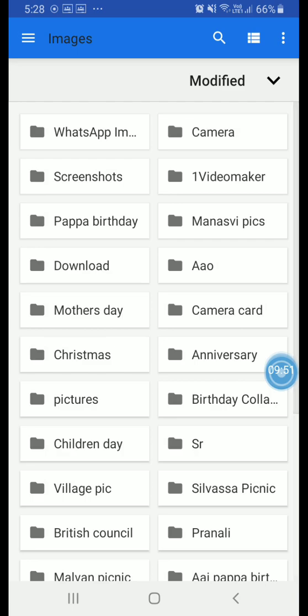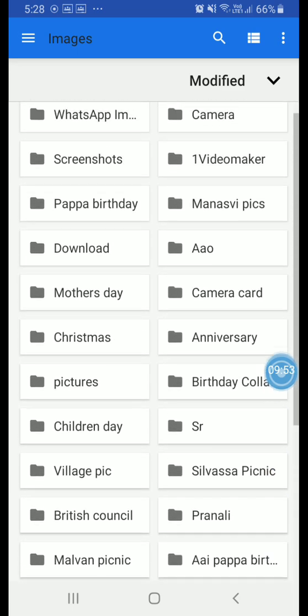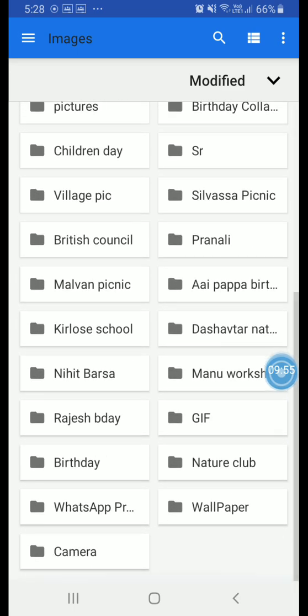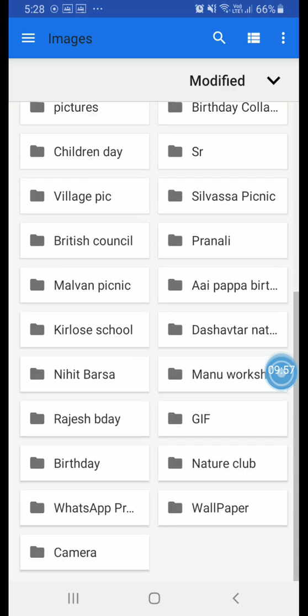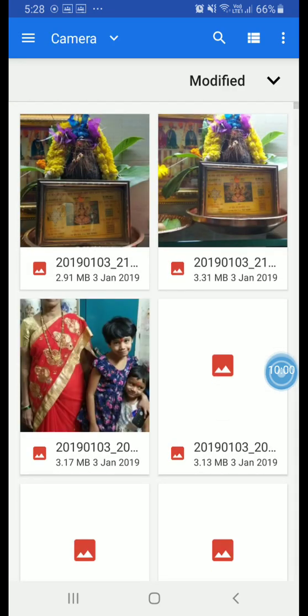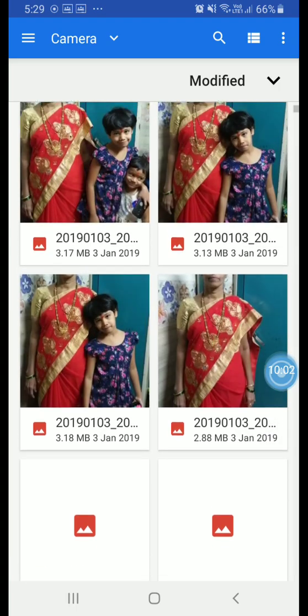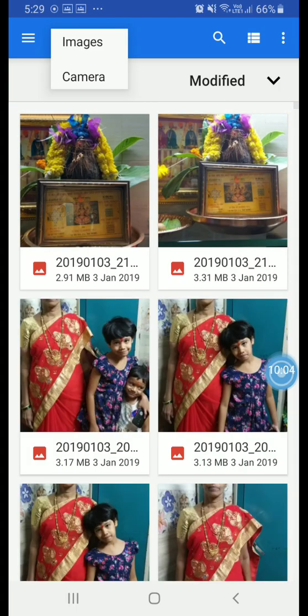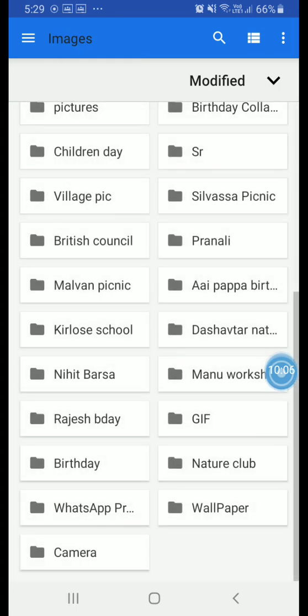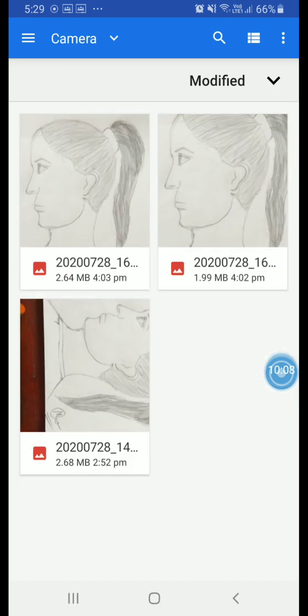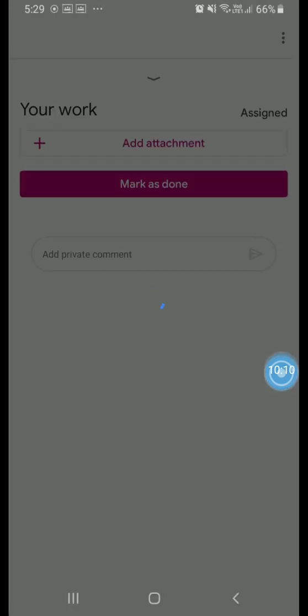Okay, so many images are there, or just for the time being I'm clicking on the camera. This is my work. I will select that file.